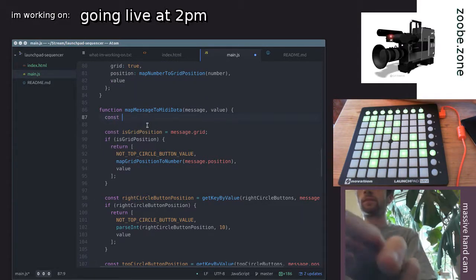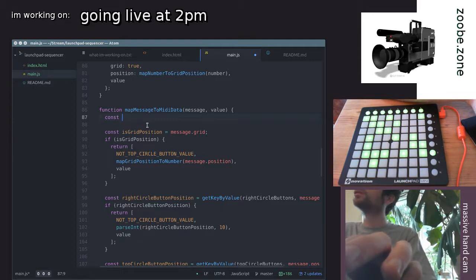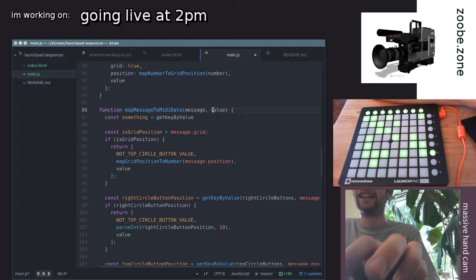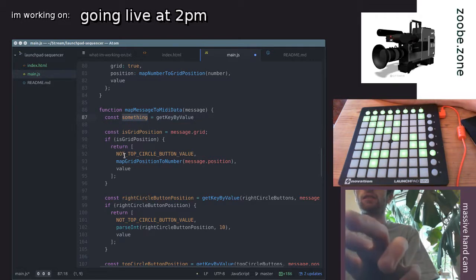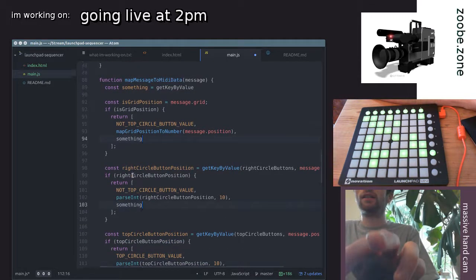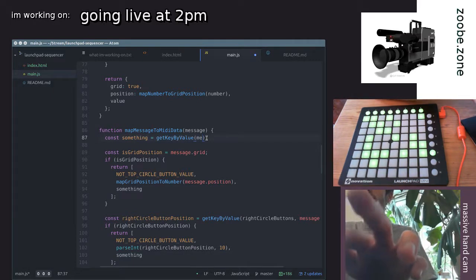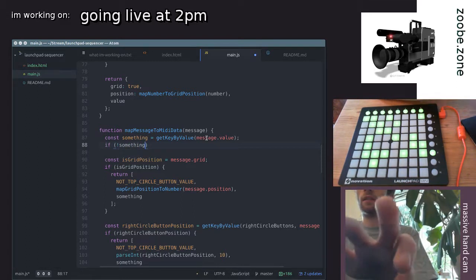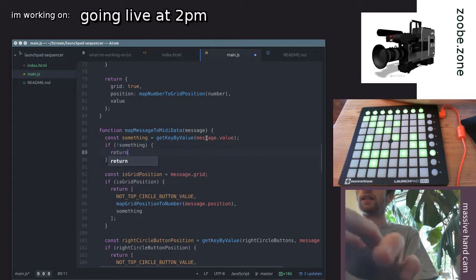So we'll say, I don't really know what it's called. I'm gonna put something for now because I don't know what it's called. Oh no, it's called value, and I guess we'll grab it from data something. Let's call it something. So send, and if there isn't a something to send, then we'll return early